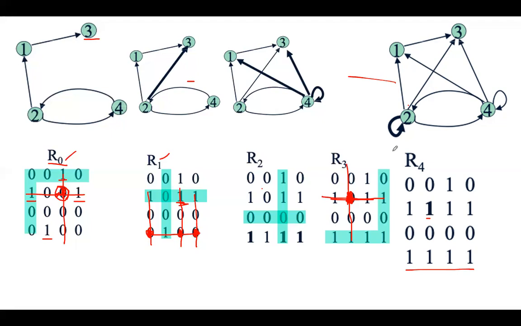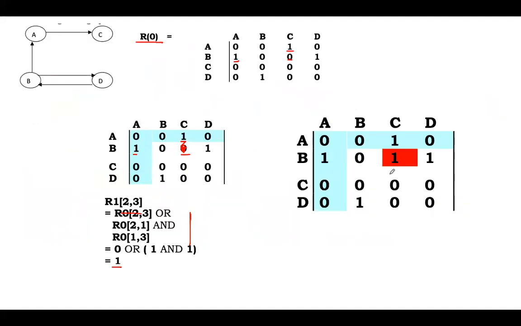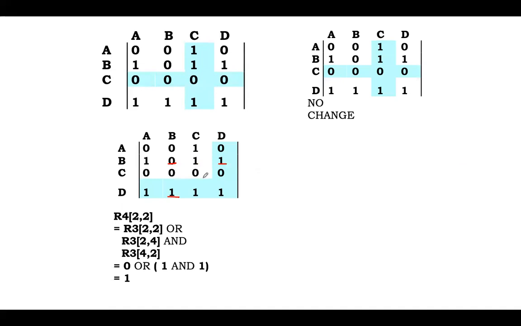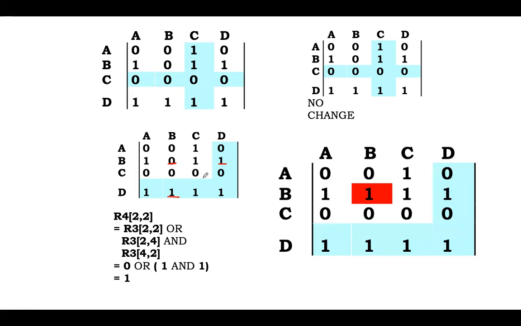So this is Warshall's algorithm to find out the transitive closure of a given graph. Okay, this transitive closure matrix gives us the reachability of each and every vertex with other vertices. If you can do it with the help of the algorithm like this, you can do that also stage by stage. If it is not confusing for you people, you can do it like this also, or you can write that directly. Okay, is it clear? So this is transitive closure using Warshall's algorithm.